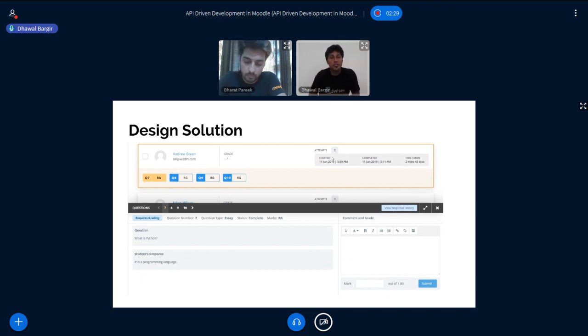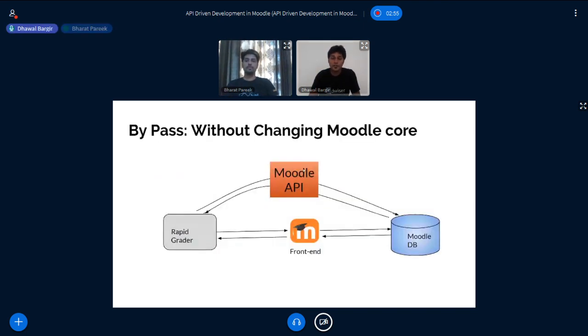And while moving towards implementation, we encountered a few hiccups. Our first approach was obviously to override the current grading interface. But we soon realized that this is not the way to go, as it required multiple core level changes, which eventually would lead to multiple dependencies. We realized that our primary hurdle was the current interface.